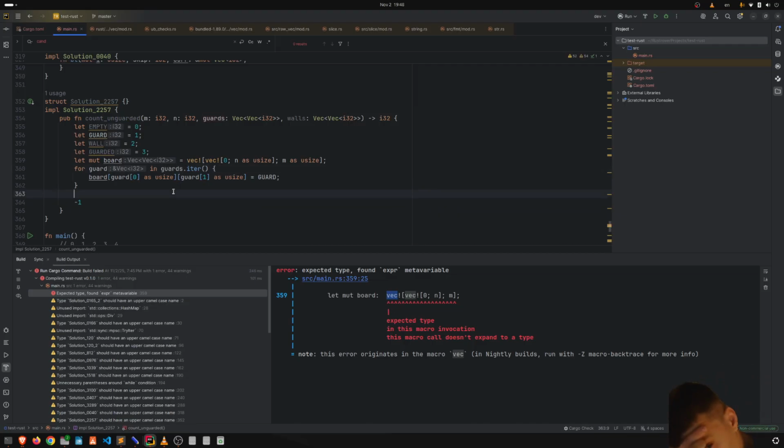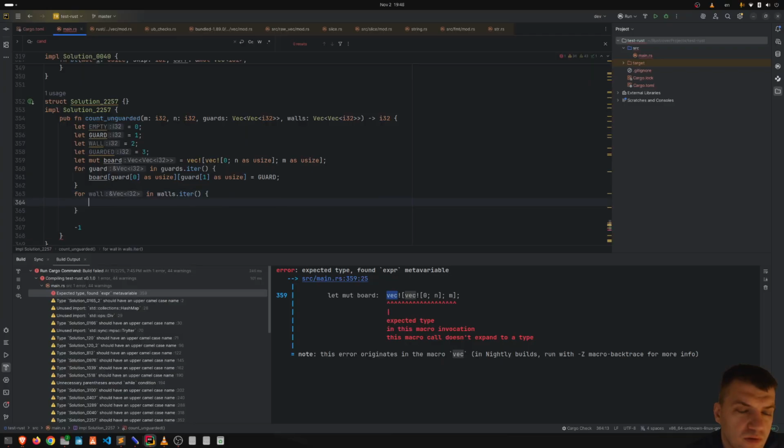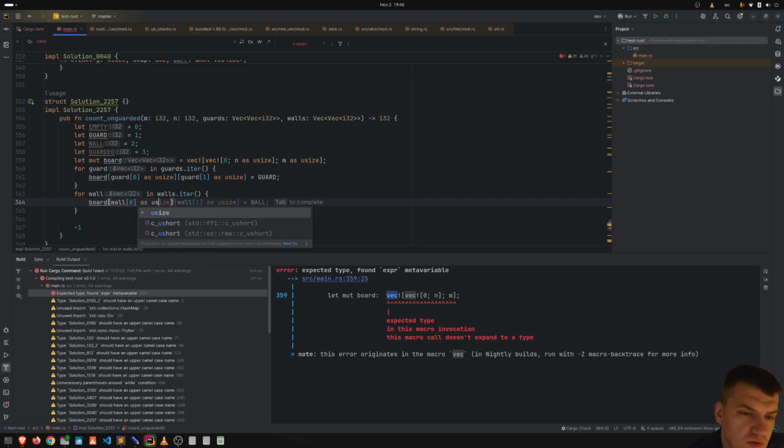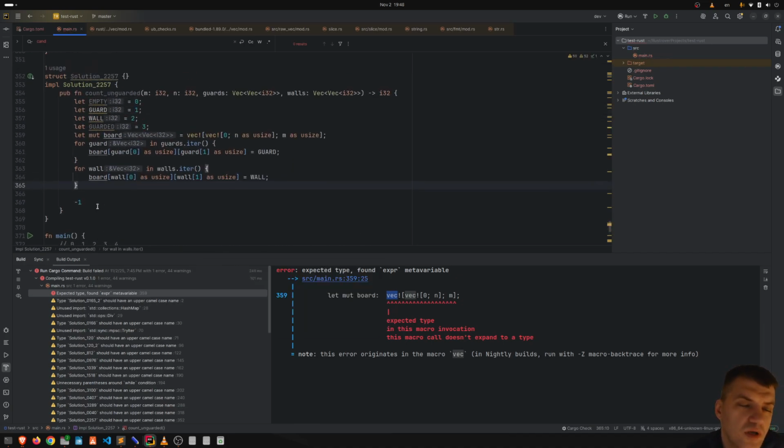Okay, and then do the same for the walls. For wall in walls iter, board guard is wall, SU size, then wall 1, SU size equals wall. Okay, and then I'm gonna go